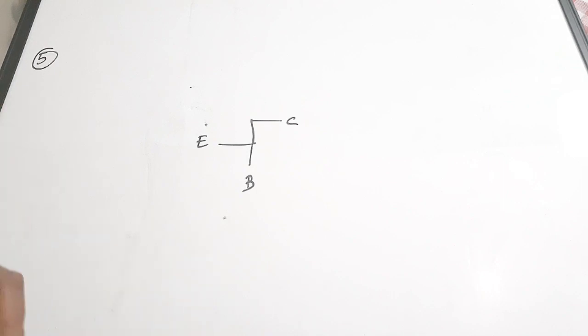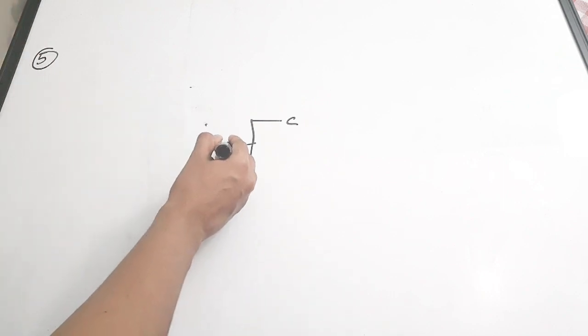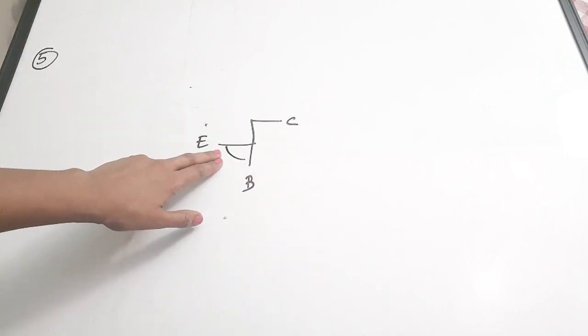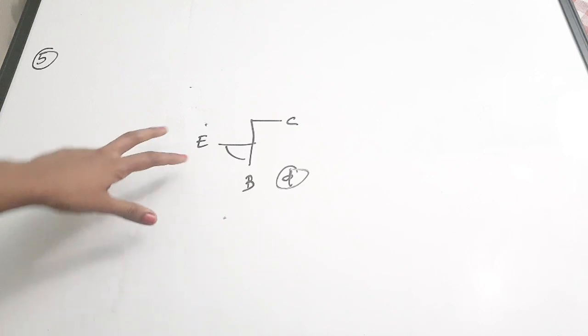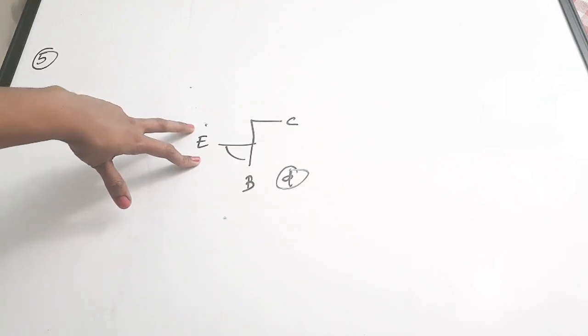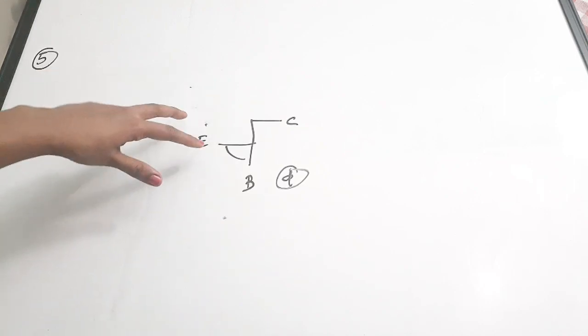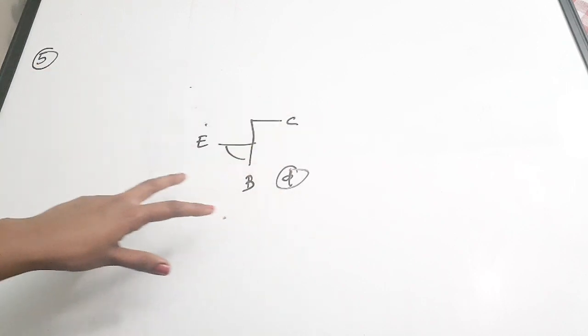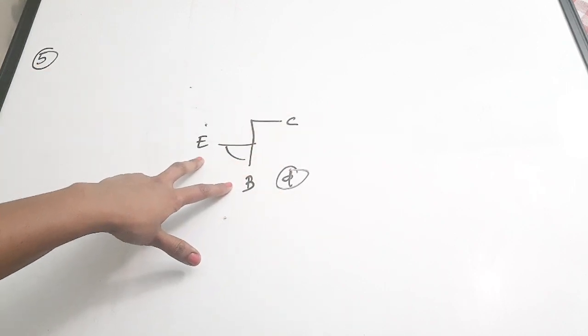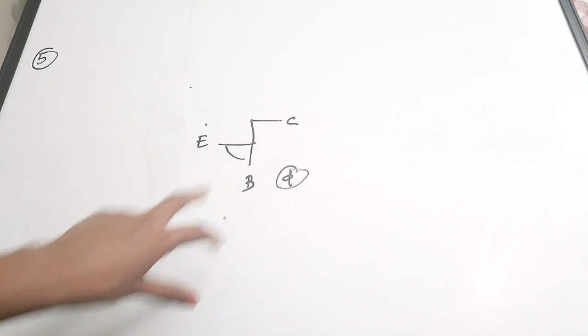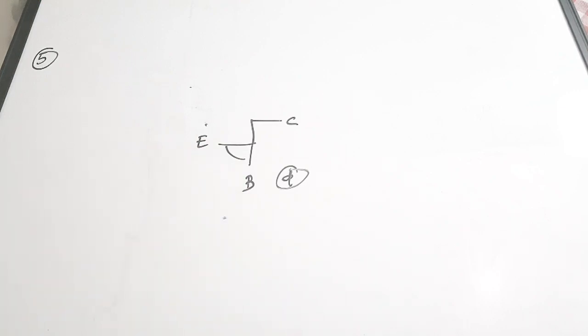Now where we are actually going to apply the input is in between the emitter and the base terminal. Okay, so the correct answer is option D. In between the emitter base terminal, we are actually going to apply the input. But if somebody is asking you what is the input region or the input terminal, it is emitter. Output terminal is collector. So we are going to apply the input between actually these two, emitter and base. So the correct answer is option D, emitter and base terminals.